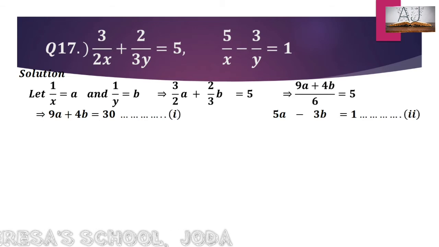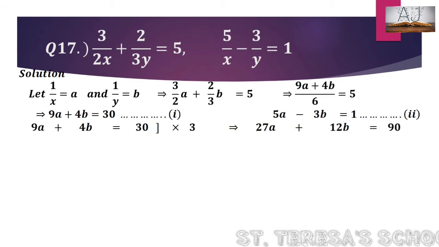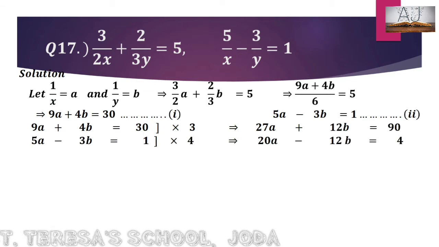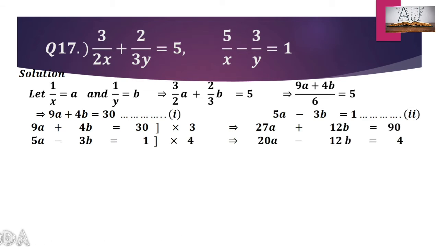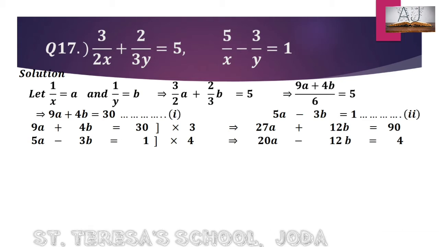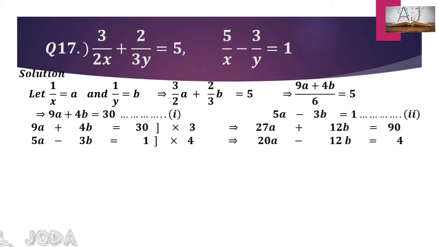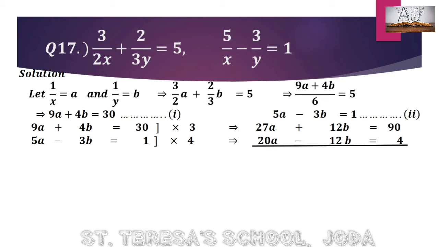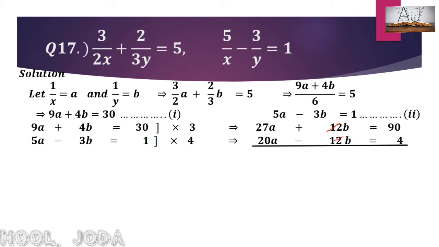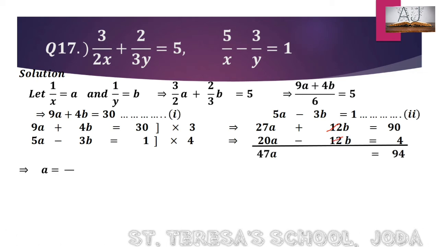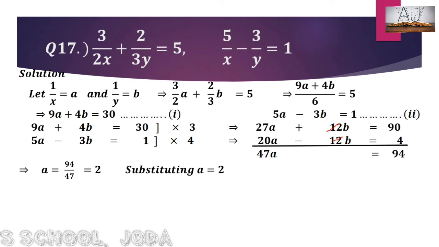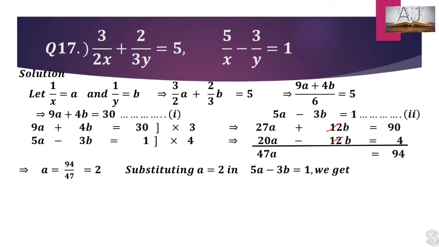And now we will simplify them in the same way. Okay, we'll write one below the other. We'll write the first equation, and then below that the second equation, and we'll make one of them equal, like I have made b equal here. So LCM of 4 and 3 is 12. So multiply by 3 the first equation and by 4 the second equation. So let us multiply 3 to all of them and get it. Then multiply 4. Now plus 12b and minus 12b will get cancelled. So what is left? 47a is equal to 94, or a is equal to 94 by 47, that is 2.